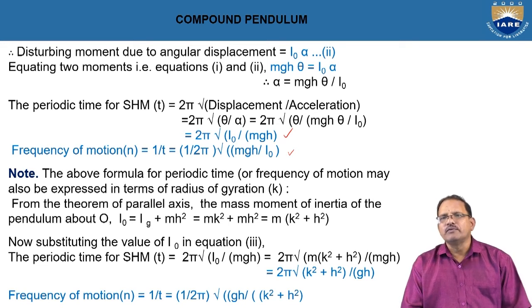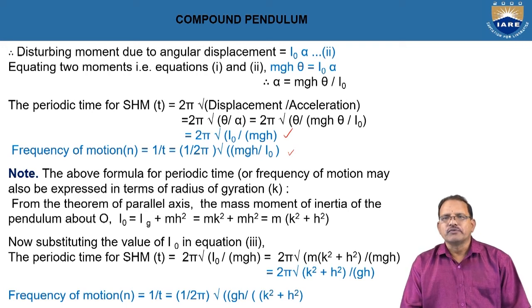The mass moment of inertia of the pendulum about O, I naught, is given by Ig plus mh square, where I naught is representing mass moment of inertia of the pendulum at the pivoting point O, Ig is representing mass moment of inertia of the pendulum at its center of gravity, M is the mass of the pendulum, H is representing the distance between the pivoting point and